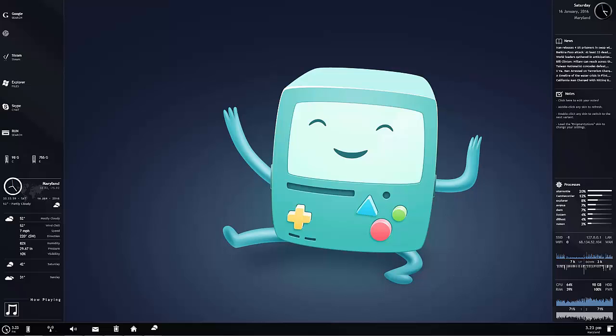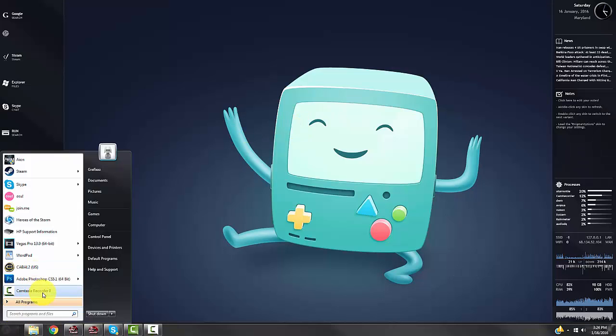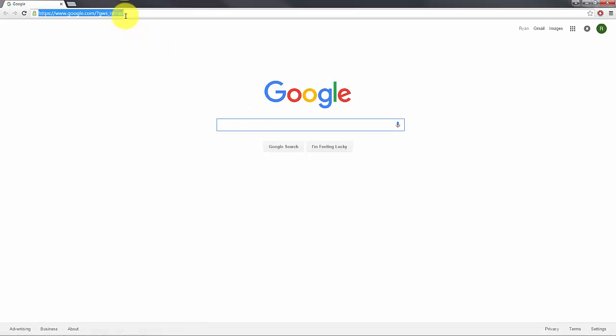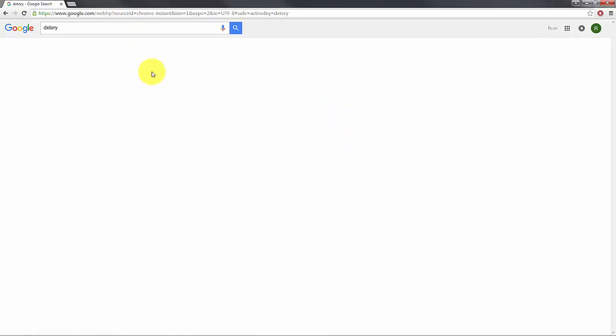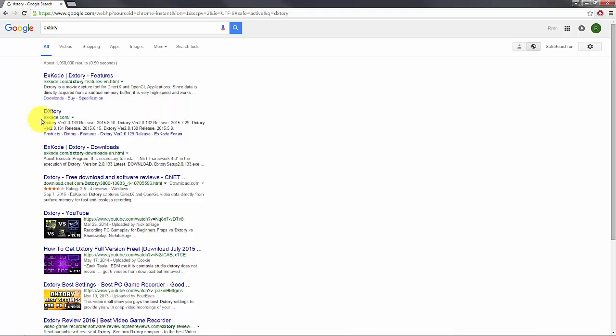Another thing that you can use in order to record is called, go on the internet, DxTory. DxTory is very, very similar to Fraps. The only difference is DxTory records in more of a raw version, while Fraps compresses